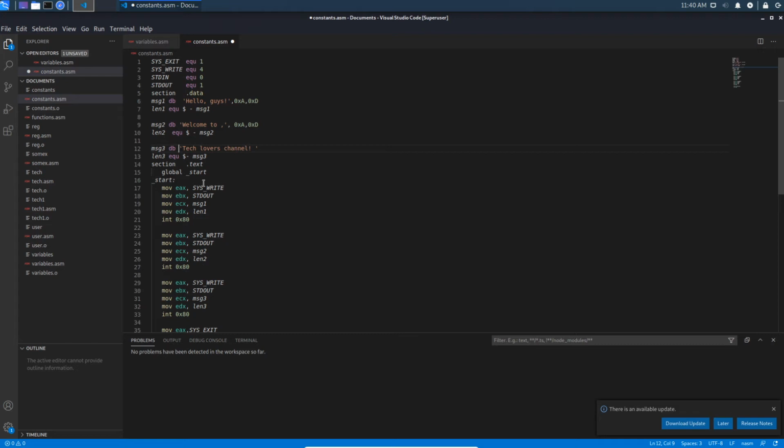Generally we assign the numbers here while we are writing the sys_write call, while we are invoking the system call. But here we have already declared the constants as sys_exit and stdout and sys_write and stdin. So for that purpose we are going to use the system call names directly, because we made the numbers equivalent to the particular system calls, so we can use the system call names directly here.